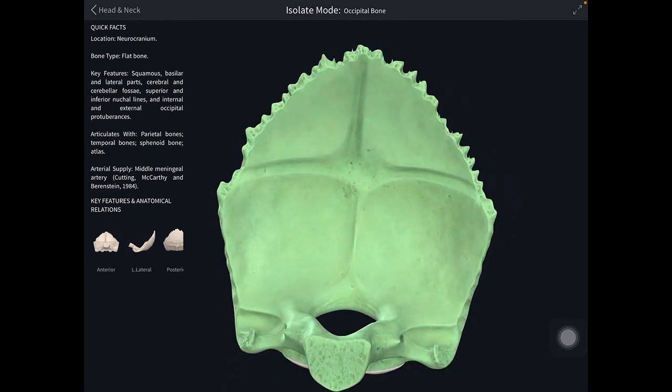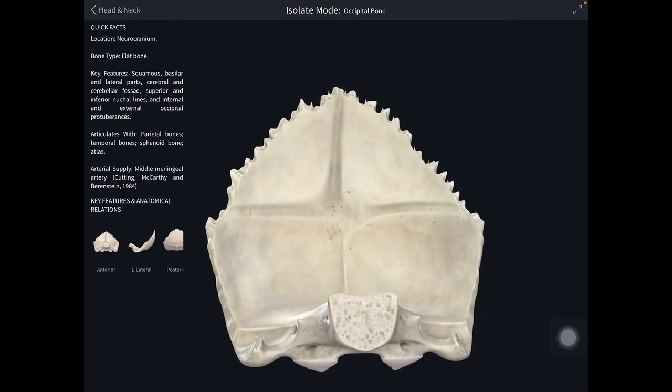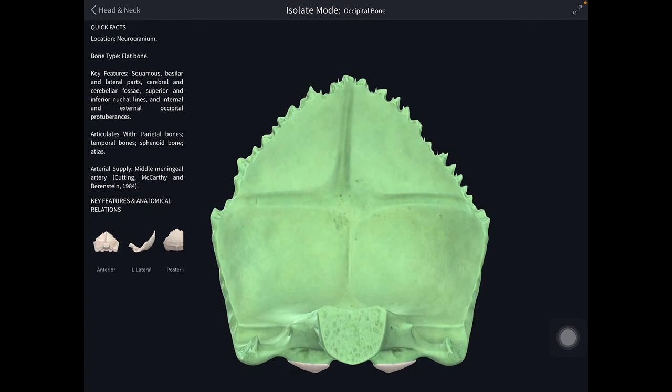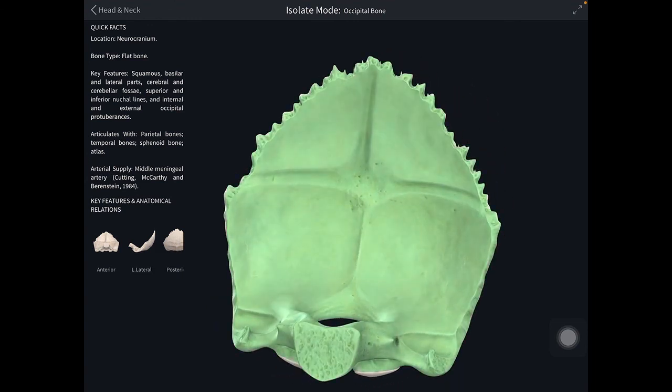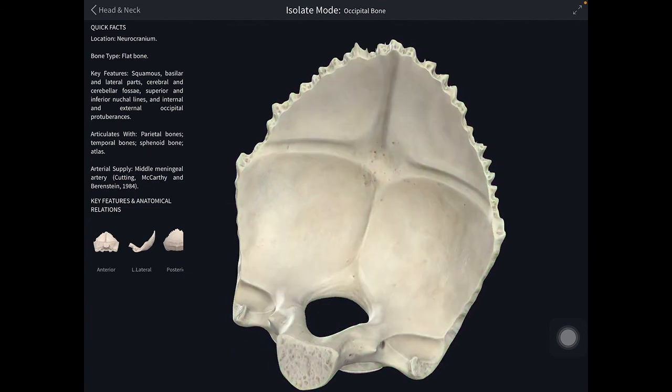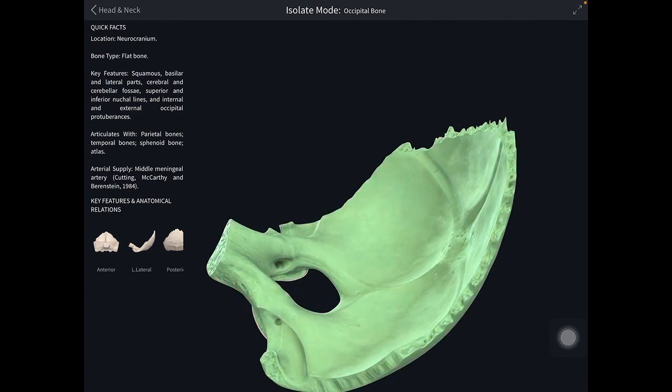Morphologically, the occipital bone is formed by the fusion of 3 or 4 precervical vertebrae. The basi-occiput represents the fused body, so this represents the body of the precervical vertebrae. Ex-occiput, that is the jugular processes, represents the fused transverse processes of precervical vertebrae. The hypoglossal canal symbolizes the intervertebral foramina.